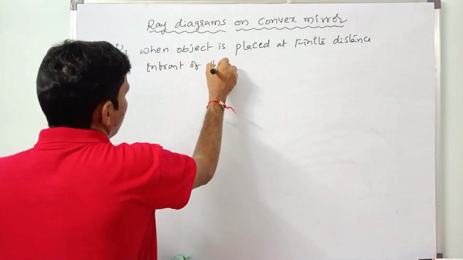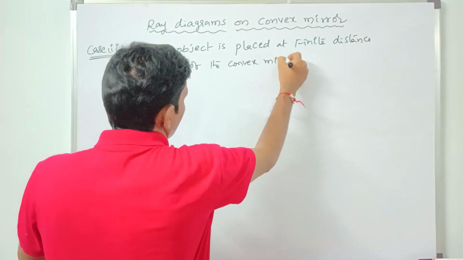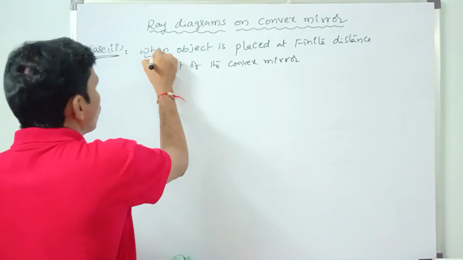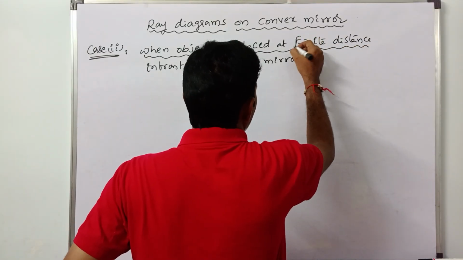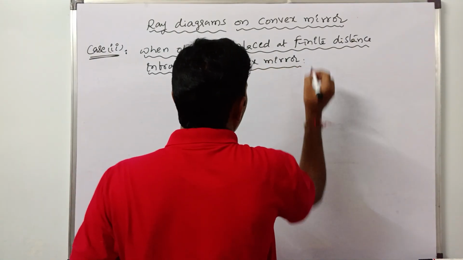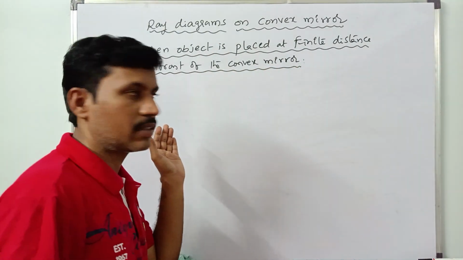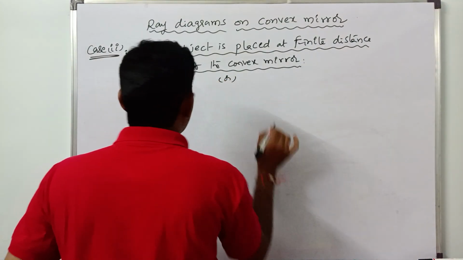That means it is placed at a finite distance in front of the convex mirror, whatever the position of the object may be. Or simply it can be written as